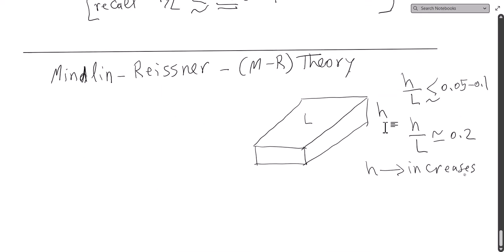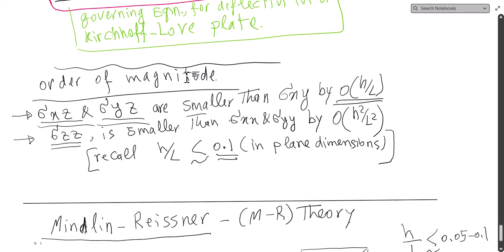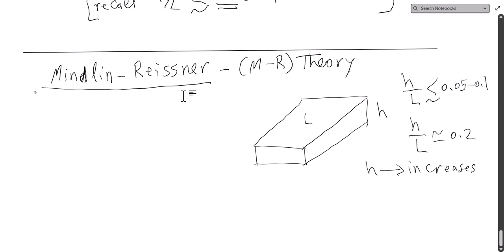Now we go and look at another theory, which is sometimes referred to as Mindlin theory, but it is actually the Mindlin-Reissner theory. In this theory, we go one order higher. If you like, the KL theory or Kirchhoff-Love theory is zero order, and Mindlin-Reissner is first order. By that, I mean, if you recall the Timoshenko beam theory,